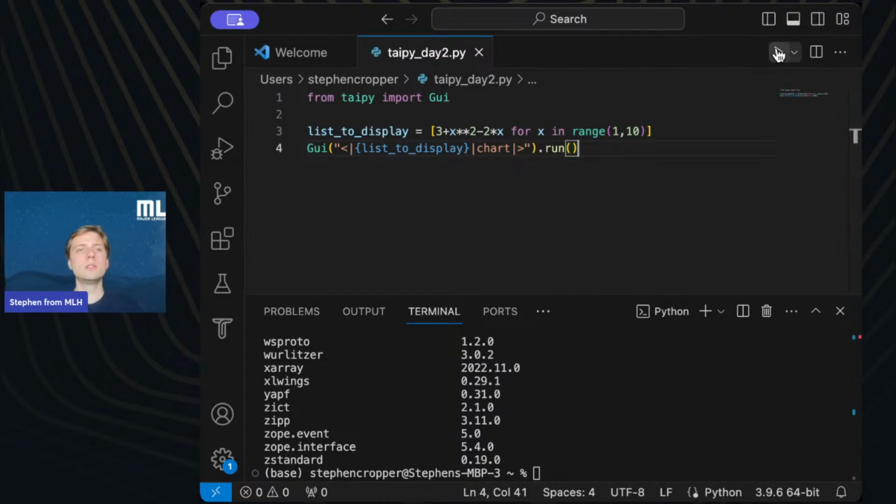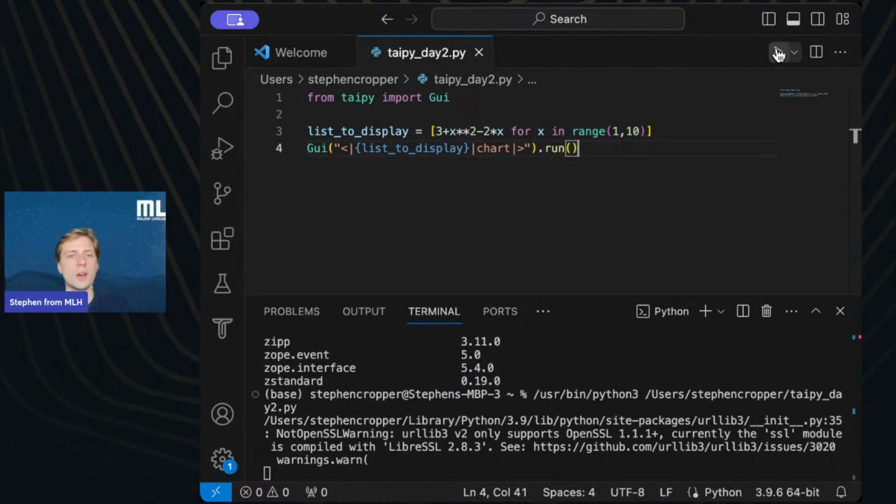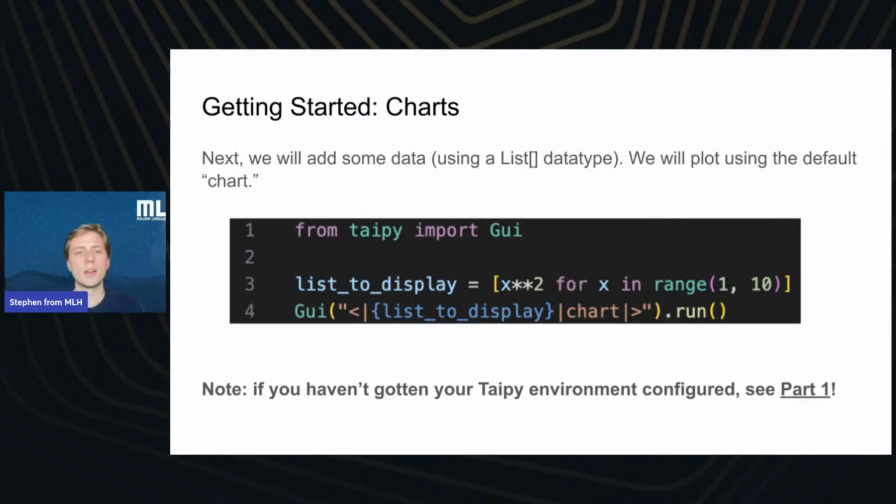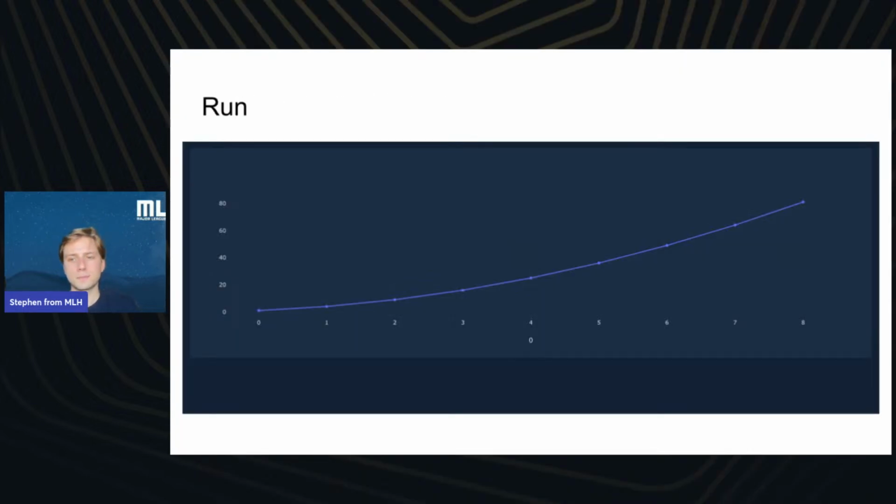So all you need to do then is type run Python file, and you can see it compiles everything. And you should get a really simple chart. Let me show you that. All right, so you can tell now that a plot is generated of the x squared, or whatever function you chose to plot.